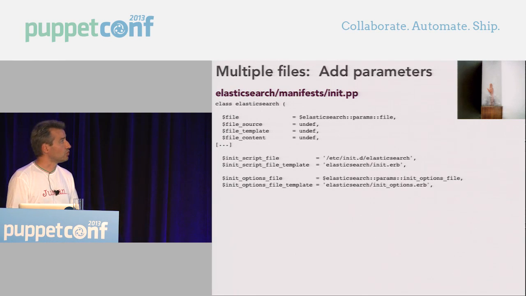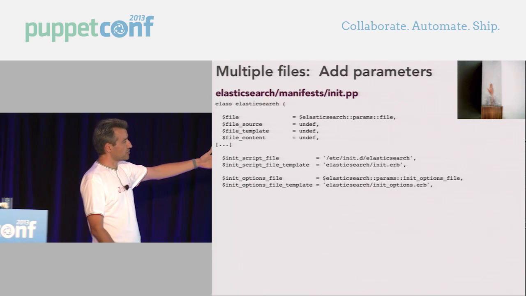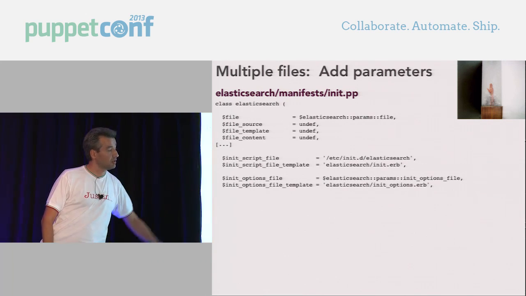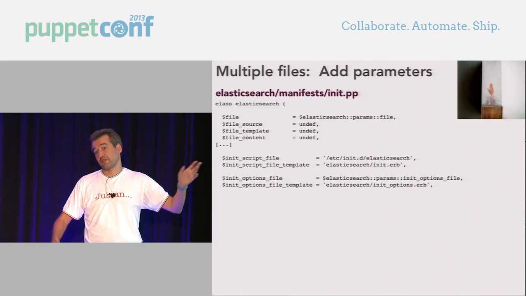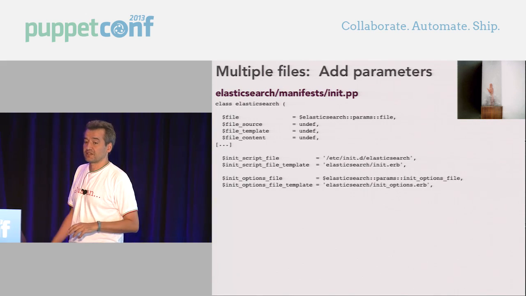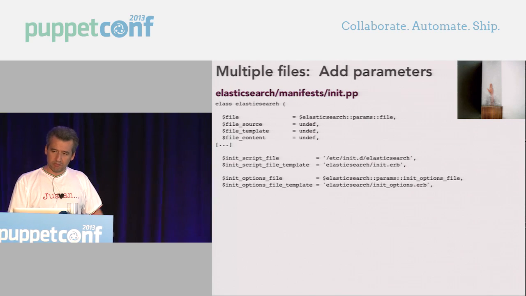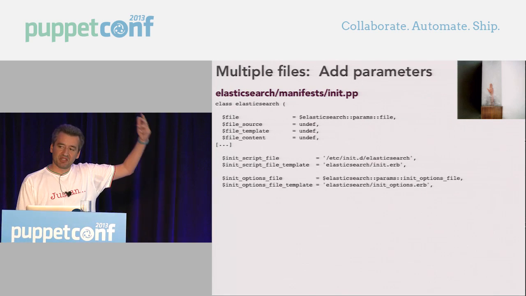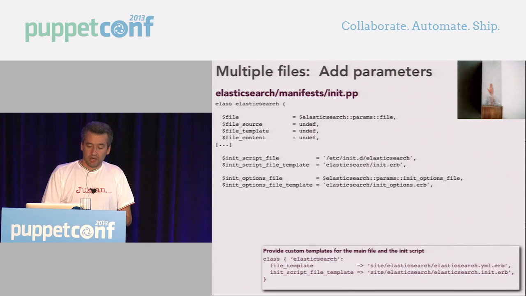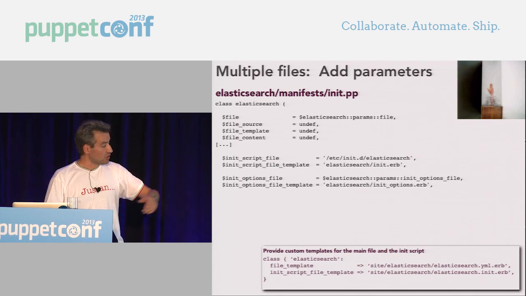This is a way you can add parameters to manage different configuration files and their content and so on. This actually doesn't scale too much, because if you have many different files, you have many different parameters to be added. So it could make your list of parameters grow too much. This will be an example of usage of this